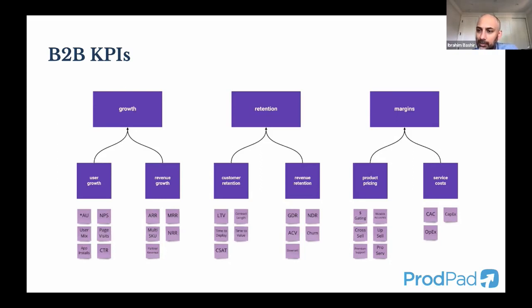I see a question that I would love to answer. Any difference in what KPIs you look at depending on the product stage? Yeah, I would say some of these make more and more sense once you have customers, right? Revenue retention and customer retention are irrelevant when you don't have any customers. So I think if you're in the 0 to 1 mode, it's hyper focused on growth. I think as you get larger and larger, you want to retain a base. And then when you get into more of an operating mode, margins become more interesting and a focus.